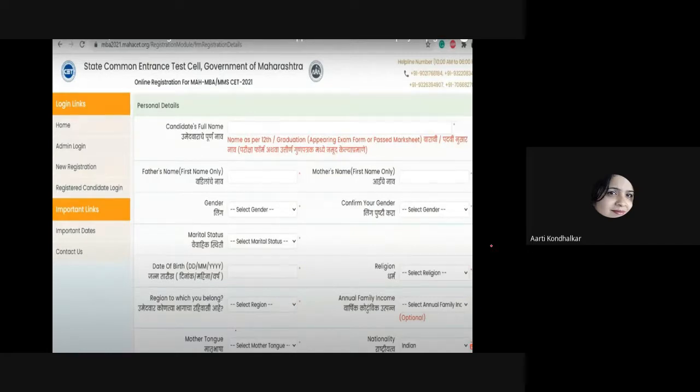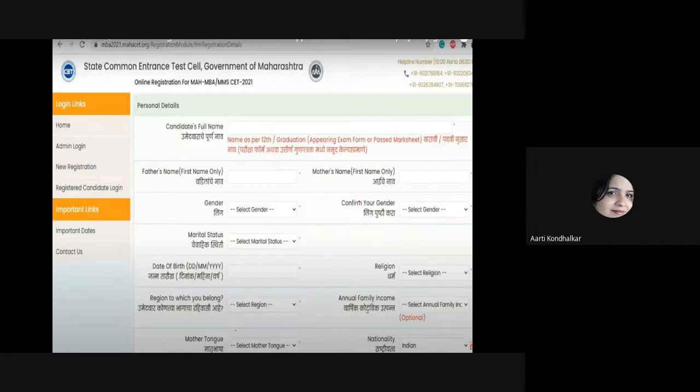Fill in all details as mentioned here. However, ensure you enter your name very carefully. This name should be exactly as it is on your graduation mark sheet. I repeat, enter your name very carefully. This name should be exactly as it is on your graduation mark sheet.